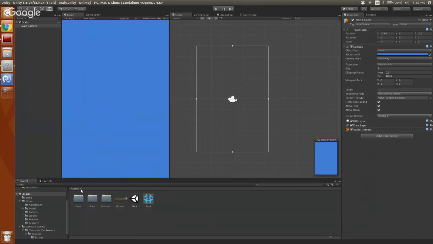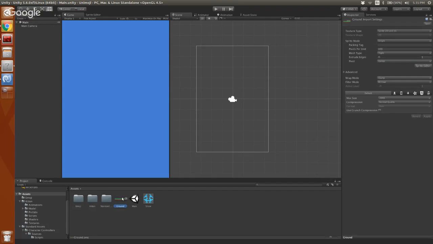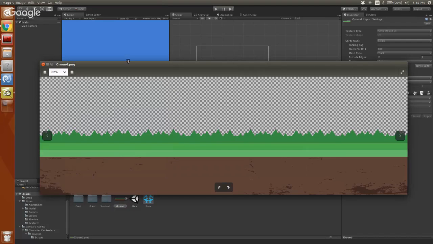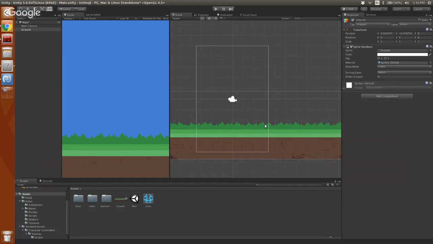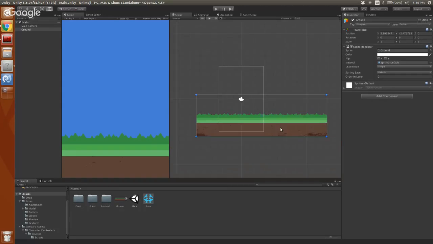So I want to just go and use some basic images, in the simplest possible way, to put something together so you understand how to get art into the game that you haven't downloaded from the asset store, because that's pretty much the first core component to making something cool in Unity: getting some cool art in it. So if I have, like I said before, this image that is just some ground, all I have to do to get that into the game is just take that PNG and drag it over here. You can see it immediately shows up. I just put it somewhere, and there you go. We now have a ground.